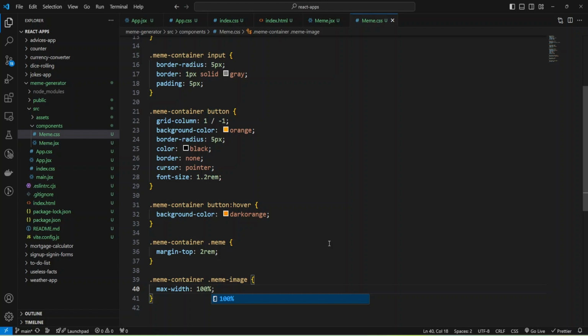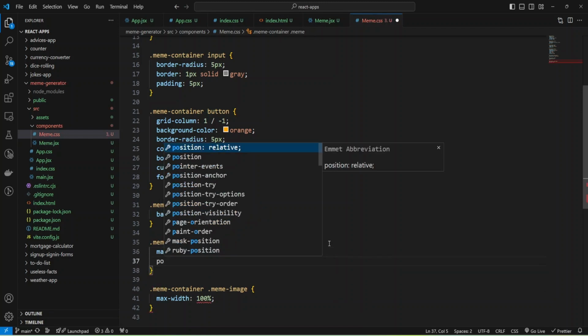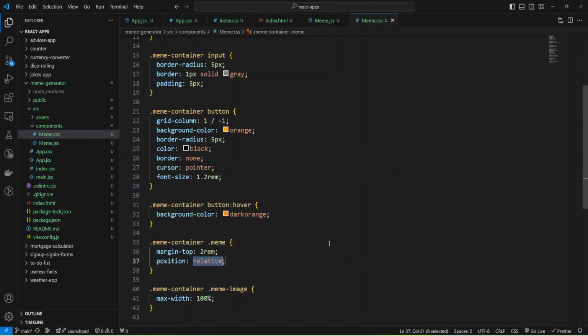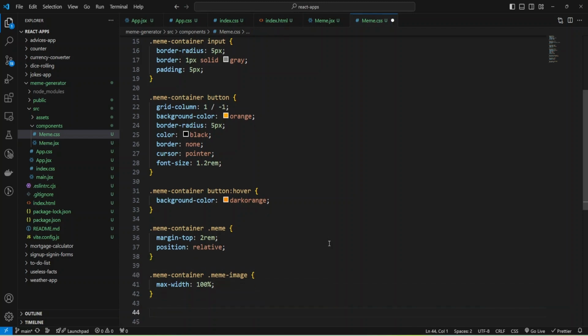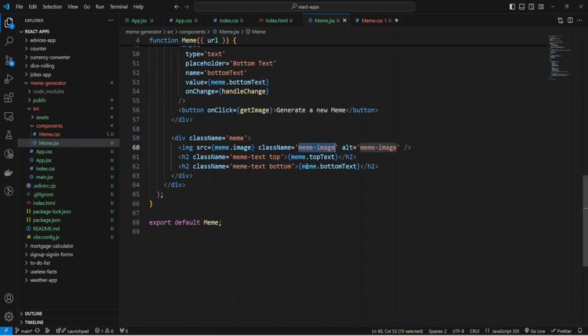And also for meme we need position relative because we are going to add absolute position for our text, and provide some styles for our meme text.